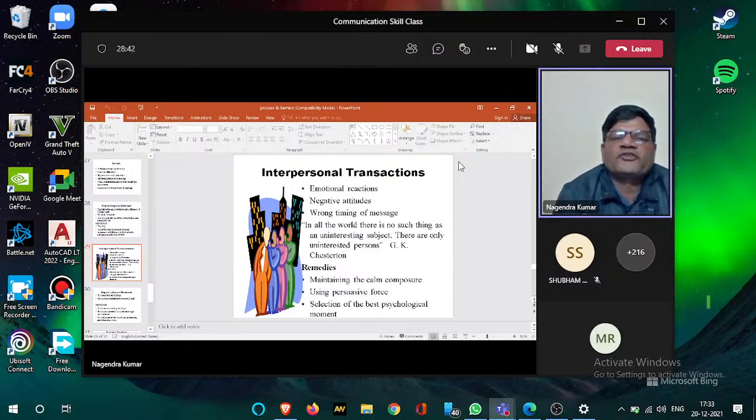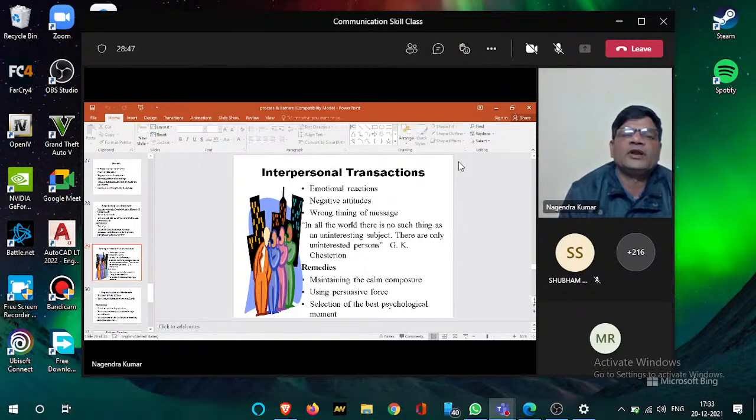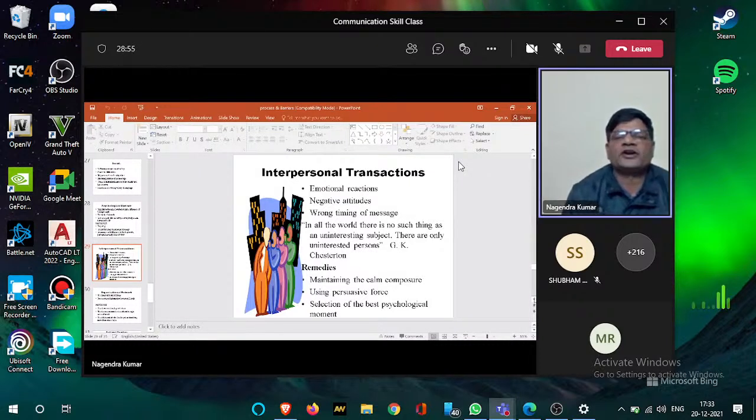Now, friends, most of the communication situations are interpersonal transactions. And in interpersonal transactions, when two people are talking to each other, there are certain things that affect the way we communicate. Mostly our emotional reactions always act as barriers. Why? Because when we are emotionally charged up, our reasoning is always at a premium, and we are likely to give emotional reactions that are farther from